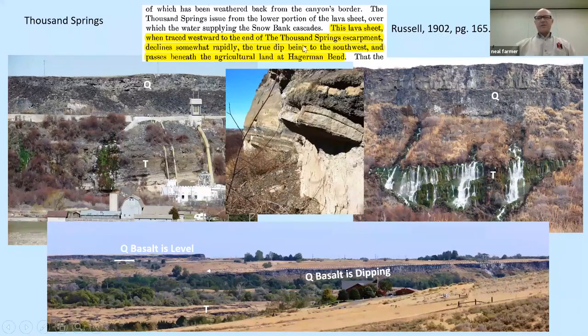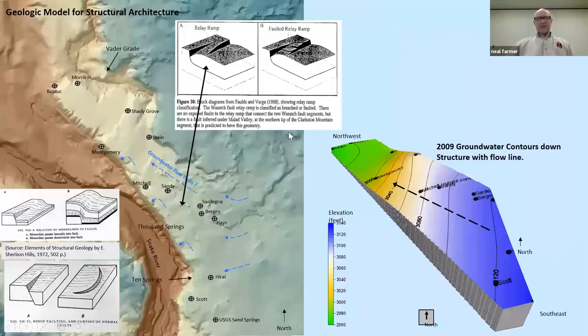Russell in 1902 identified this feature up here on page 165. And this is the dipping beds that Russell was identifying here, where the basalt is dipping into the Hagerman Valley. And then if you notice up here on the skyline, there's some more horizontal basalts up here. So if we look at that on a 3D